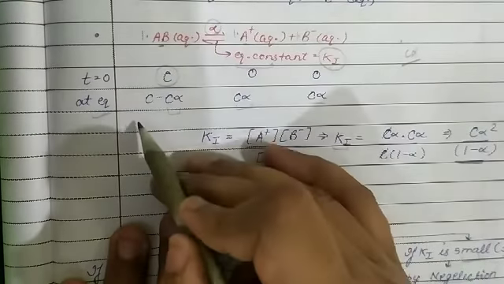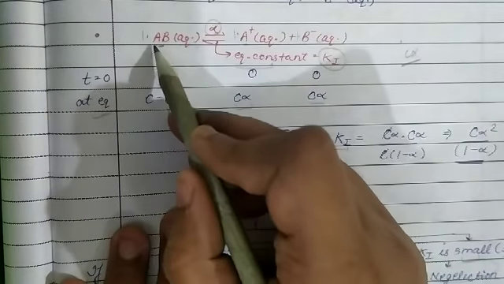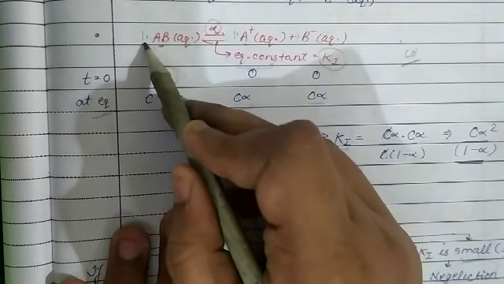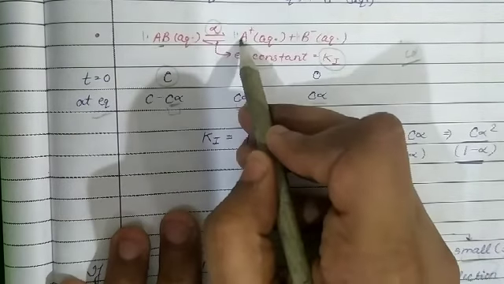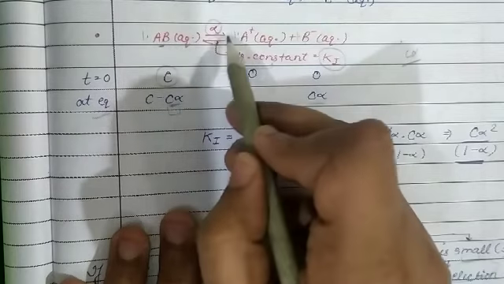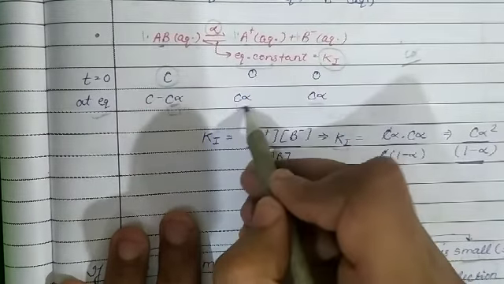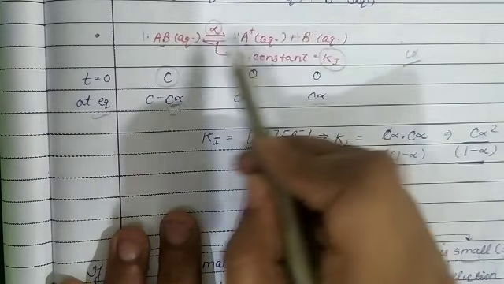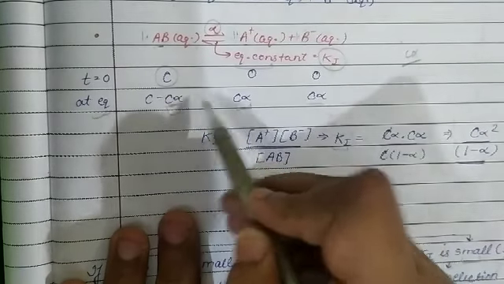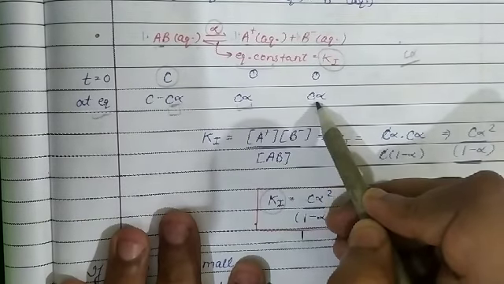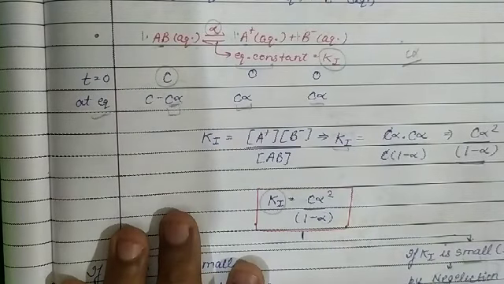So the reactant decreases by the amount C alpha when the degree of dissociation is alpha, leaving C minus C alpha. As the coefficient of AB is 1, C alpha is dissociated. The ratio of AB and A plus is 1:1, so C alpha is formed. Again, the coefficient ratio of AB and B minus is 1:1, so if C alpha is dissociated, C alpha is formed. Now we have the equilibrium concentrations of the ions and the electrolyte remaining in the solution.